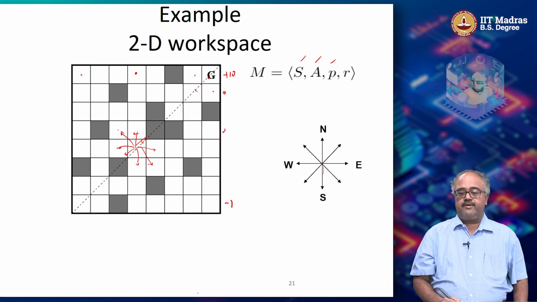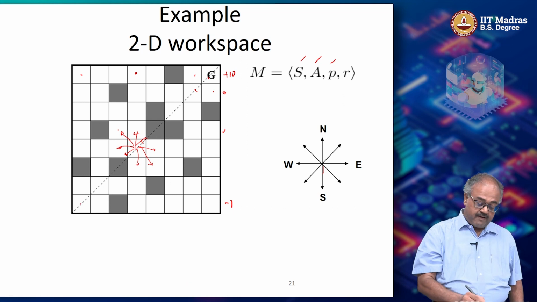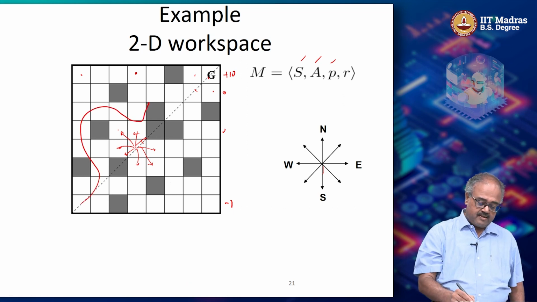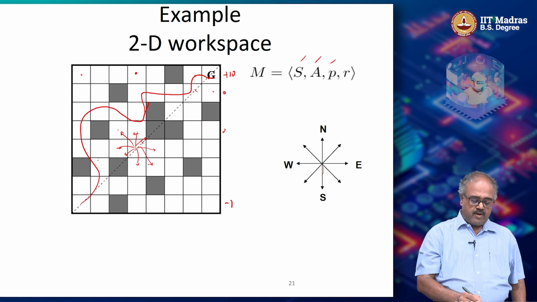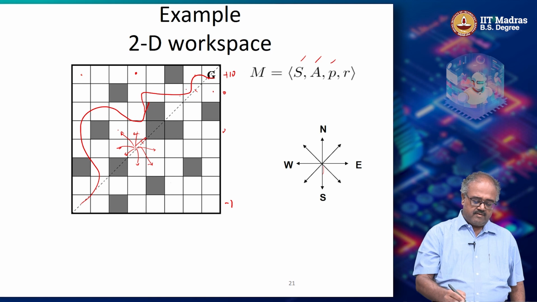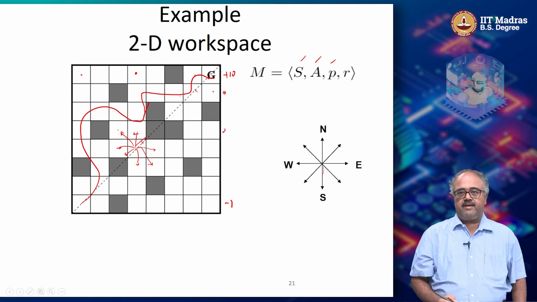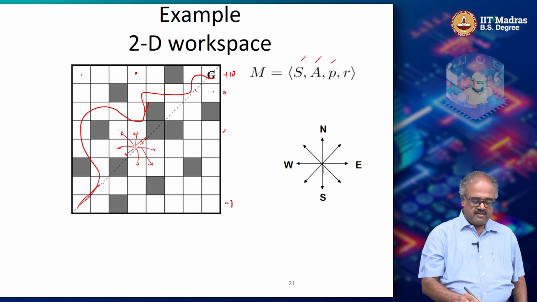Right? Every action you take is going to give you a minus 1. Now, what does it mean? So if I go like this, right? So I am going to take 1, 2, 3, 4, 5, 6, 7, 8, 9, 10, 11, 12, 13, 14 minus 1s, right? Minus 14, right? Before I reach there. But on the other hand, if I decide to do this,